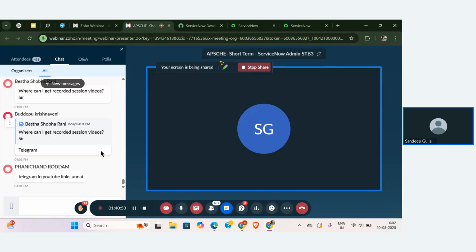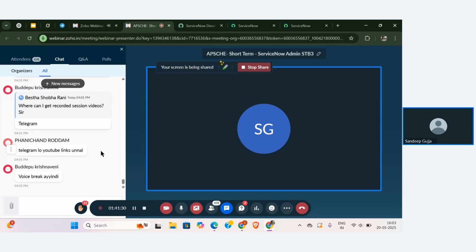One is for NASSCOM. You people need to sign up for that account and use the same mail ID that you used for registering and filling in the Google form. And you people also need to use that email ID to create the Now Learning platform account. The Now Learning platform is the platform where we are going to track your entire course. In that particular course, you people are going to complete the modules as well as the courses that we are going to assign.